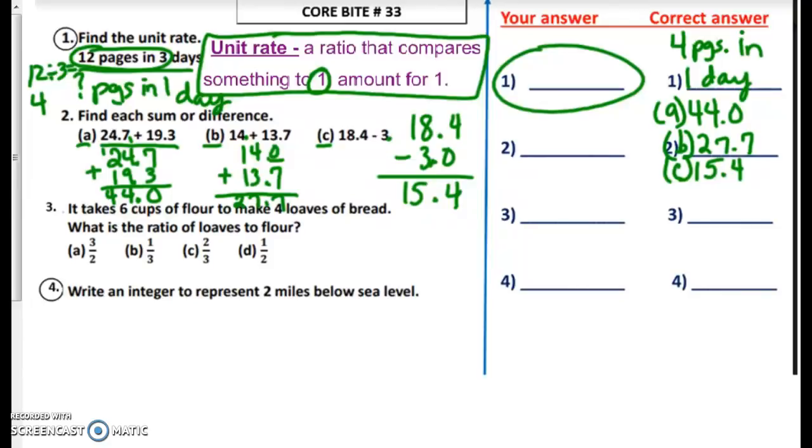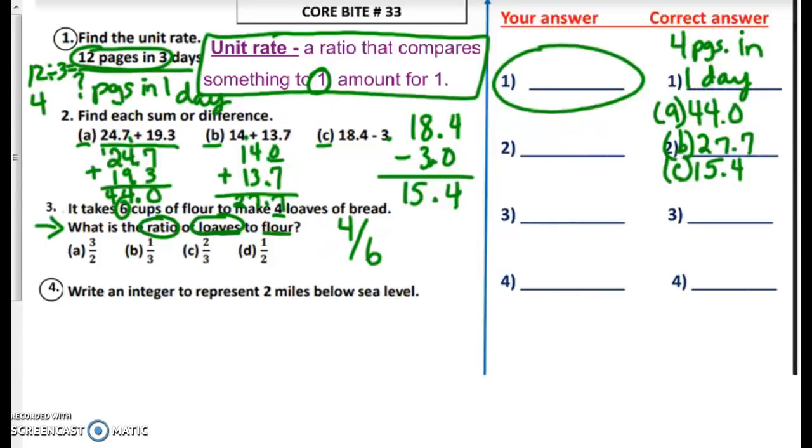Number 3, you're given another ratio problem. You should not need a hint for this. So if you will pause your video and answer that question. For number 3, the question was, what is the ratio of loaves to flour? So notice that loaves is mentioned first, and if you read the problem, there are 4 loaves. So that number should be first in your ratio. Then there are 6 cups of flour. So because flour is mentioned last in the question, you would put 6 last in your